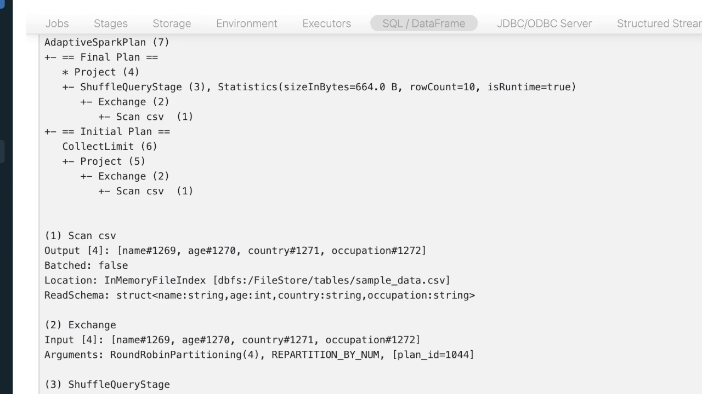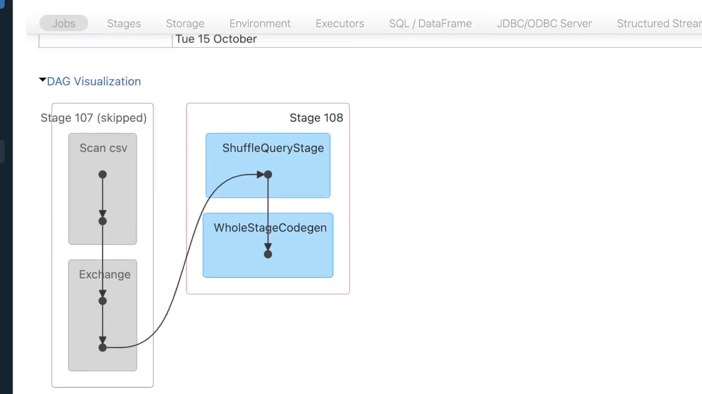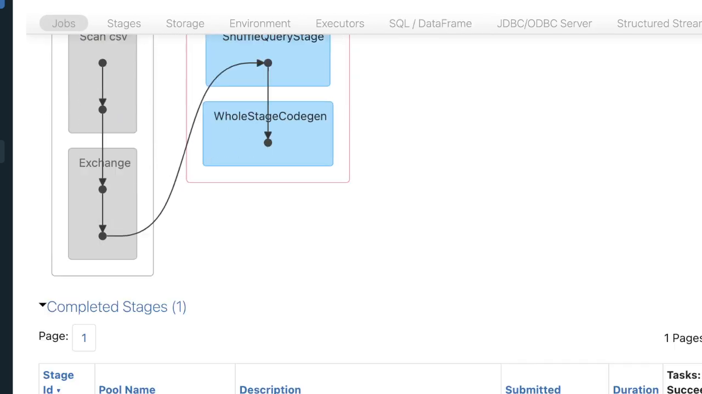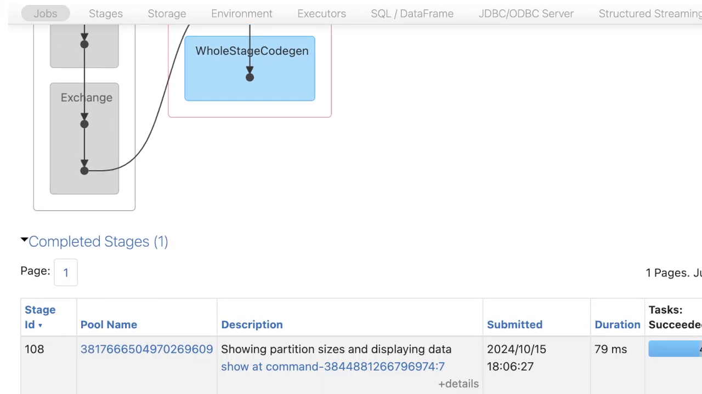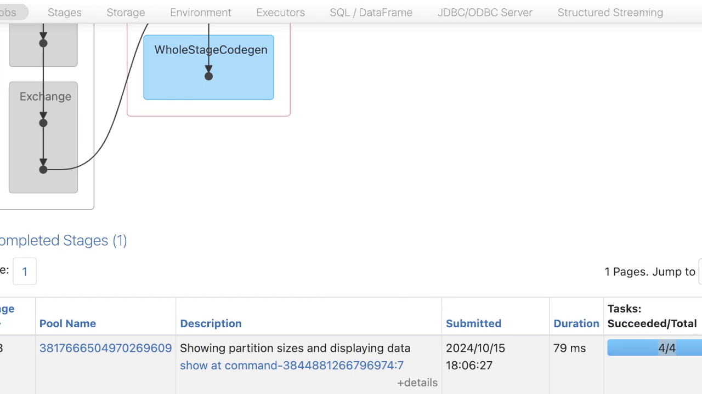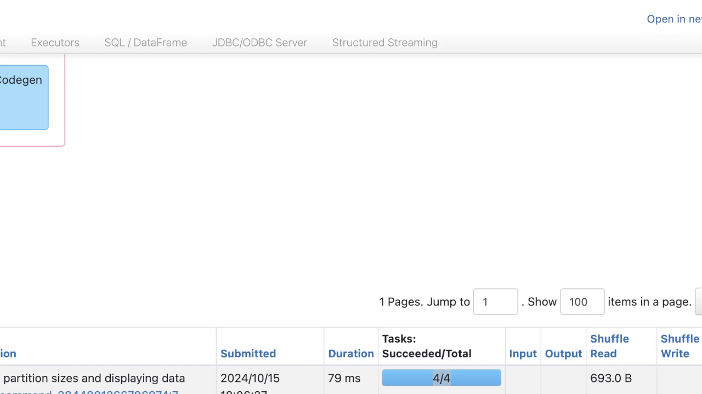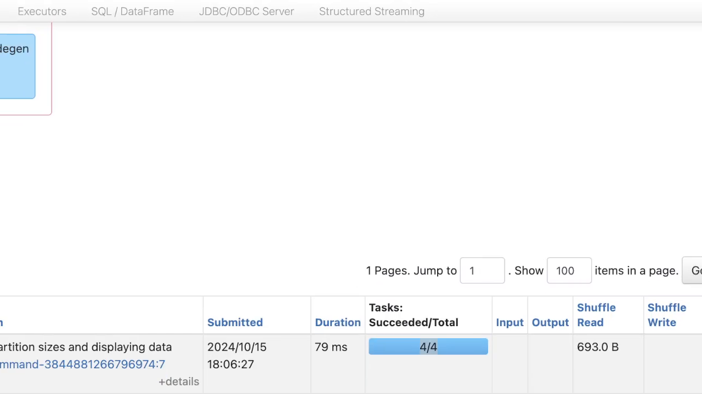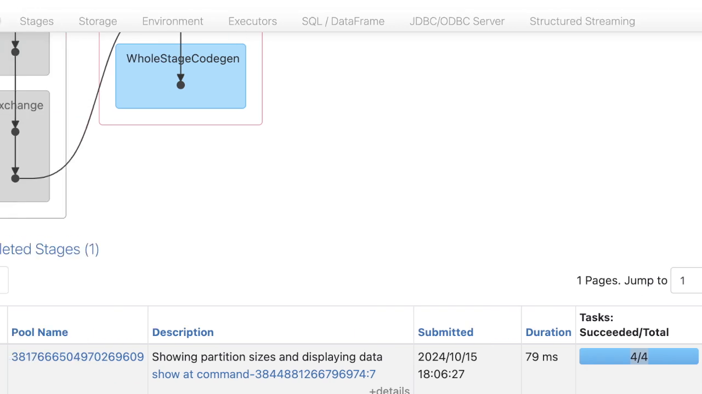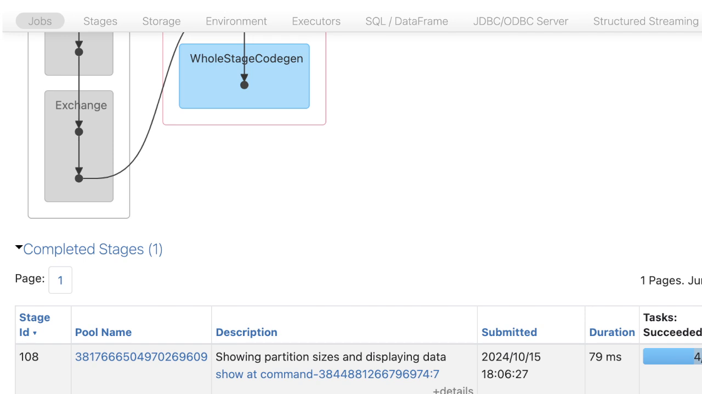And let's see what happened on the right side when it was reading the data from the exchange. There you can see 4 tasks, because we have created 4 partitions. You can see the 4 partitions took around 79 seconds for the shuffle read. Shuffle read, you can see 693 byte, which is the shuffle write of the other job. So you can see, right? So if I click on this one,